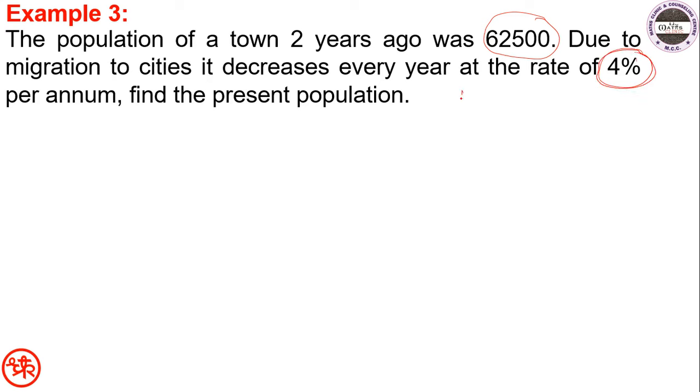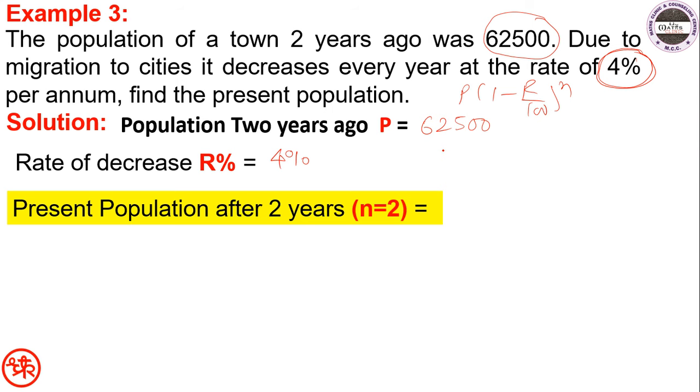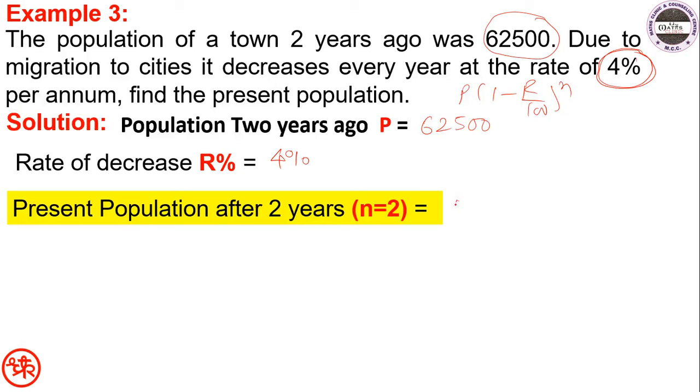So the formula is P into (1 minus R by 100) raised to the power n. So look here, population 2 years ago 62,500, rate of decrease 4%, and therefore the present population after 2 years is equal to P into (1 minus R